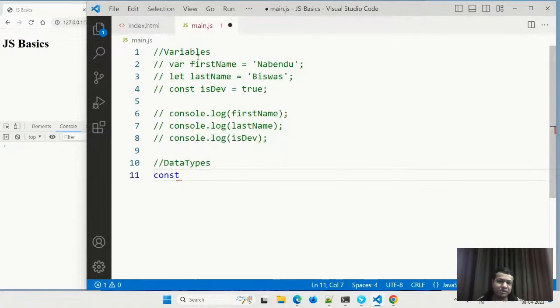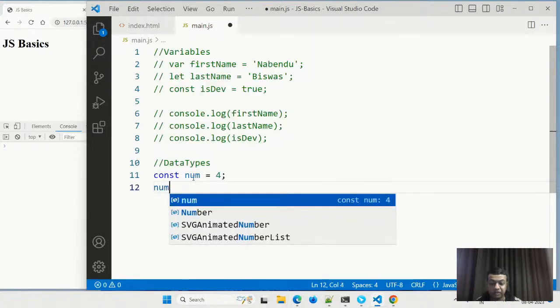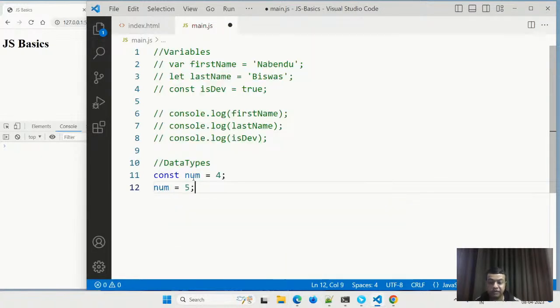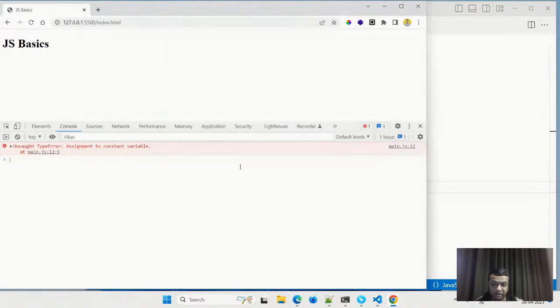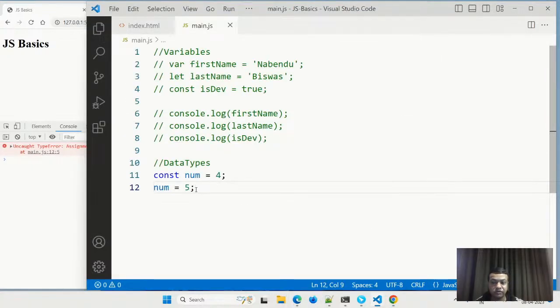Const is a bit different from var and let. Suppose I have num equal to 4, then I cannot do num equal to 5. It will be an error. If I do this, it will give me an error. This is something which I cannot do with const, but I can do everything else with const. With let and var, this error will not be there.